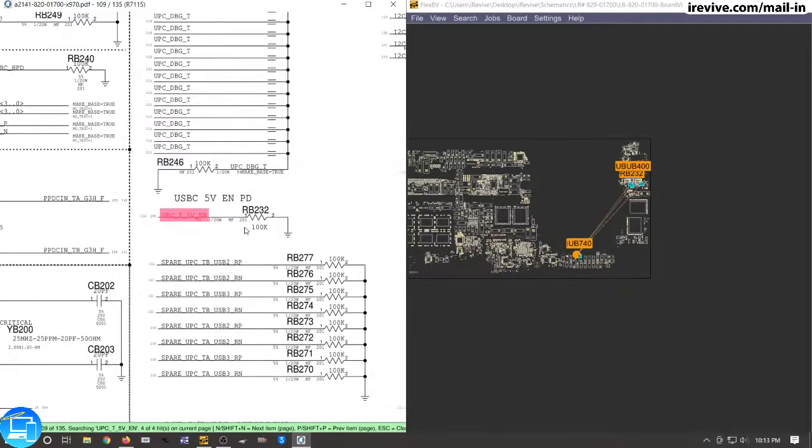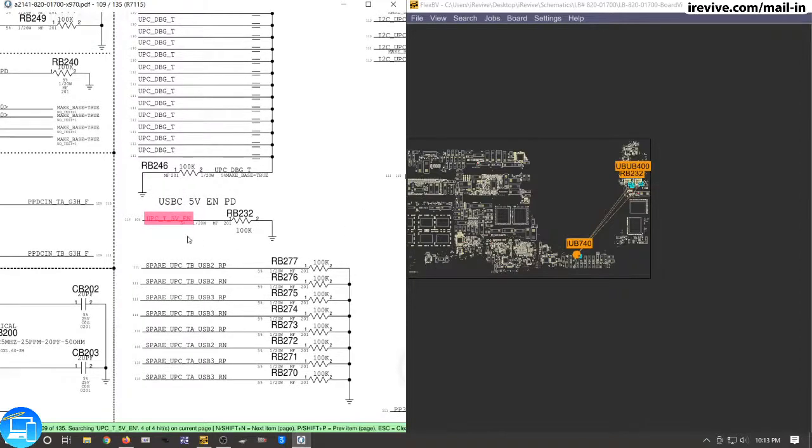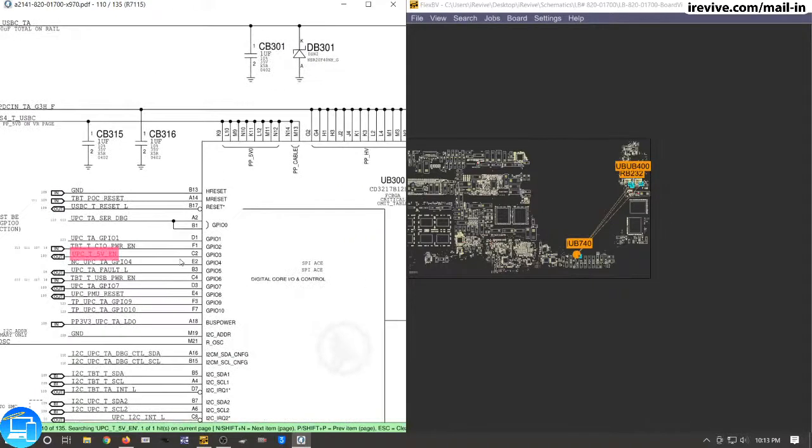So yeah, whenever we were measuring, we were at about 100 kiloohms to ground. That's because we have this RB232, that is a 100 kiloohm resistor, so that's the right reading. So this is going to come out of our